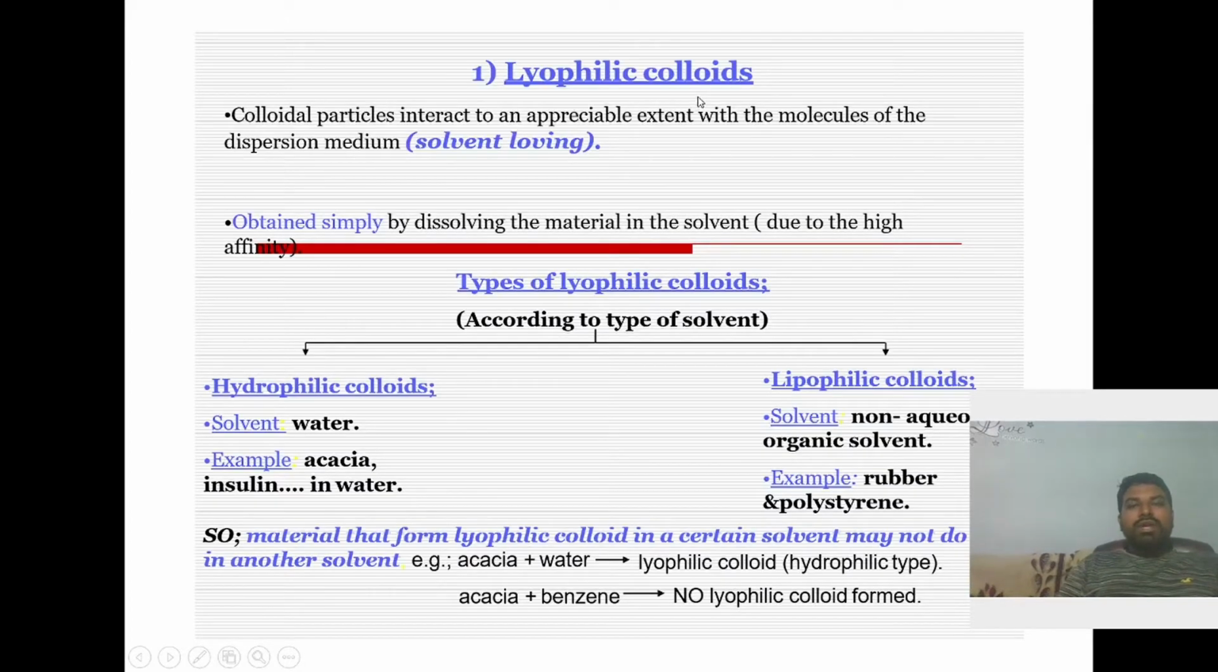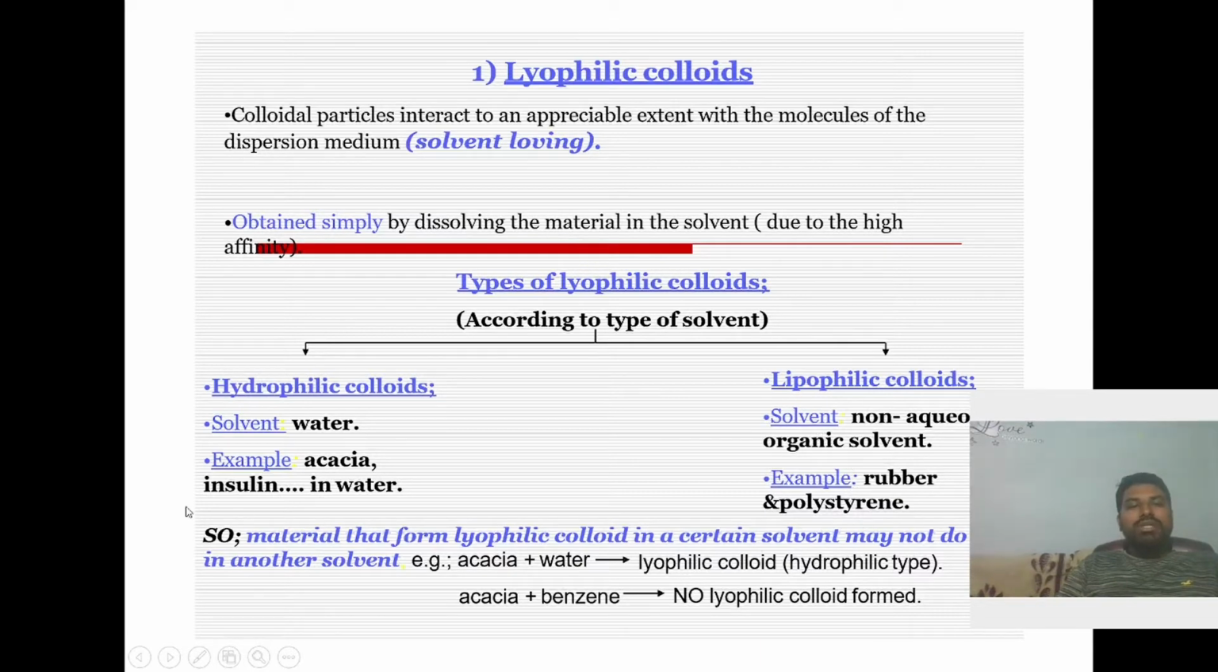The lyophilic colloids: colloidal particles interact to an appreciable extent with the molecules of the dispersion medium, that is solvent loving, obtained simply by dissolving the material in the solvent due to the high affinity. Types of lyophilic colloids. According to the type of solvent, they are hydrophilic colloids and lipophilic colloids. Hydrophilic colloids have solvent water, example acacia, insulin in water, and lipophilic colloids have non-aqueous organic solvent, example rubber